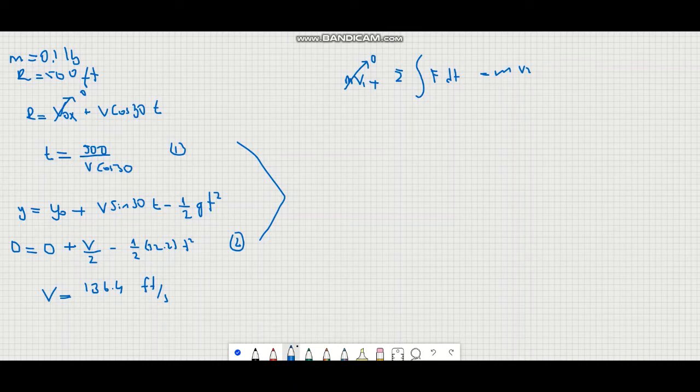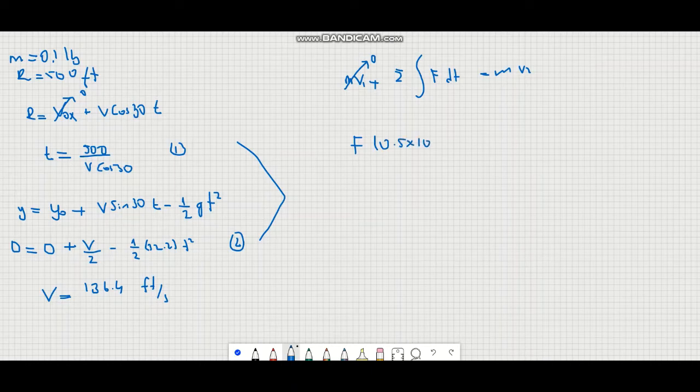So F does not depend on time, it only depends on how hard you struck, so that's why it's constant. So we can say F multiplied by the duration, which is 0.5 milliseconds,